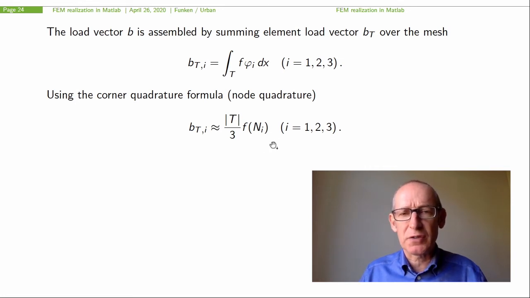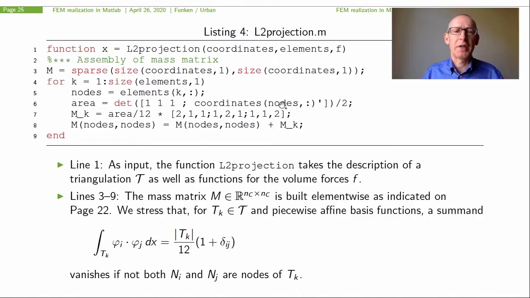So this simplifies to this expression where we use the node quadrature. Okay, so if you plug everything together, we have the following subroutine to compute the L2 projection, where we plug in the coordinates, the elements for our geometry, and the given function f. As you will see later, it's obvious that the matrix M is sparse, so we initiate this sparse matrix with the dimension we expect, size of coordinates comma 1, a square matrix, and now we have a loop over all